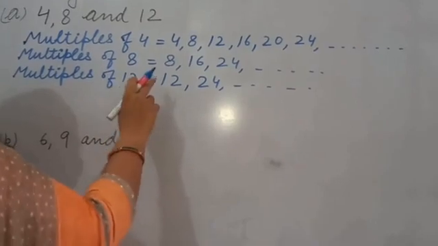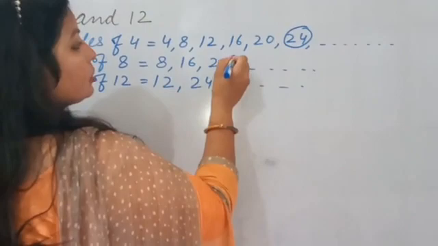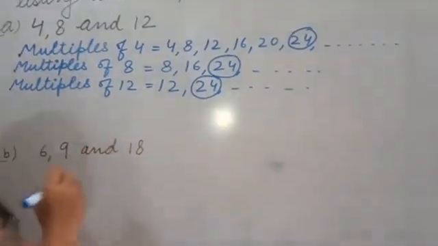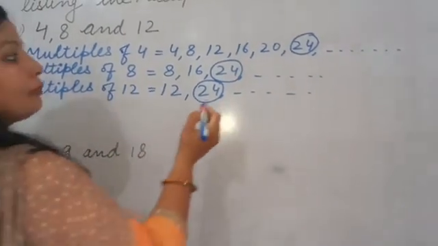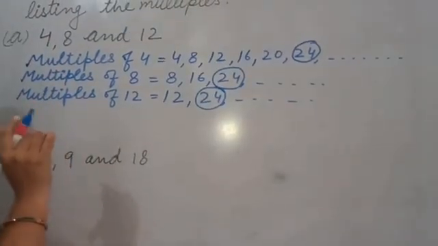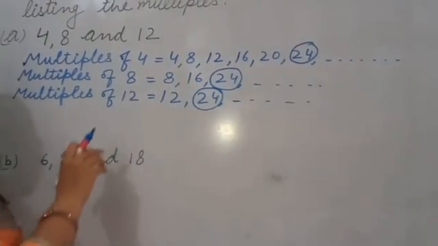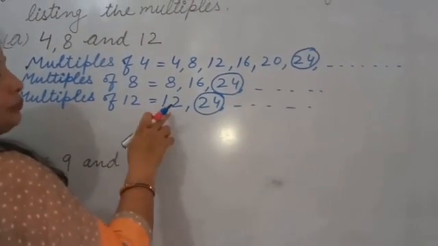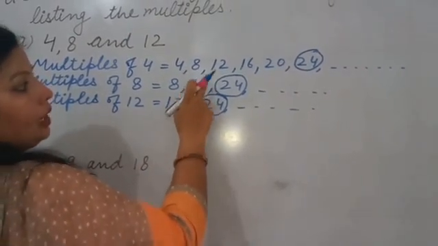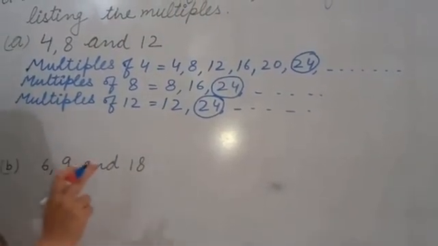So in all 3, what is the common? 24 is the common in all 3. 24 is there, 24 is there, 24 is there also. How will you find it? आपको कैसे पता चलेगा कौन सा कॉमन है? जो नंबर बिगेस्ट है आप उसके मल्टीपल्स देखो और उनके मल्टीपल्स आप स्मॉलर में मैच करो. Okay, so the largest one is 12 here. We have to see whether 12 is in all or not. We see that there is no 12 in this, but in this we have 12, but we have to find the common of all 3. So next we will go to the next multiple.